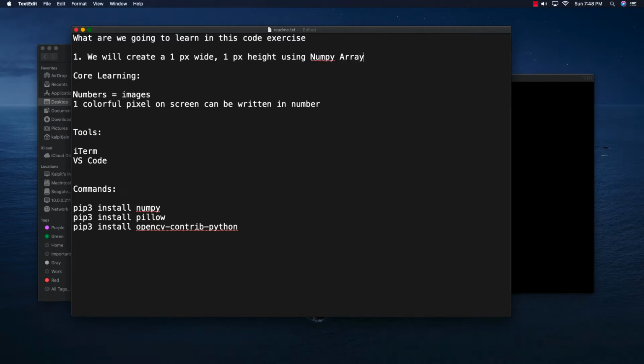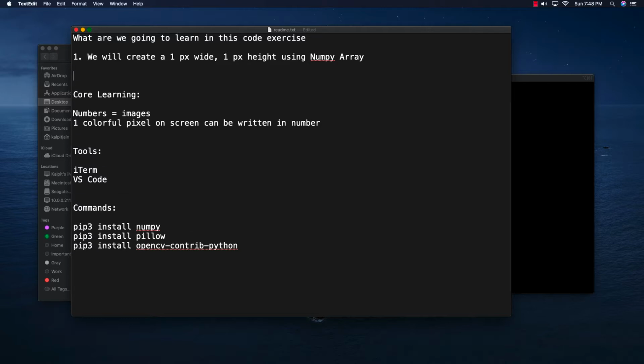We are going to use Numpy array and you will see how beautiful it is. And let's just color it blue. Okay, so 1 by 1 pixel in Numpy, we'll color it blue. Blue in OpenCV is BGR, so it'll be